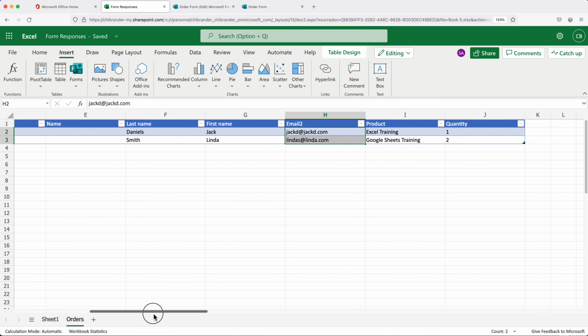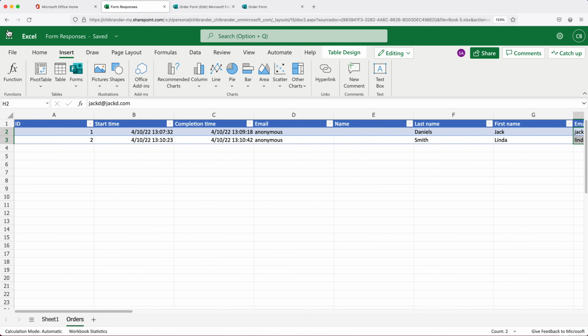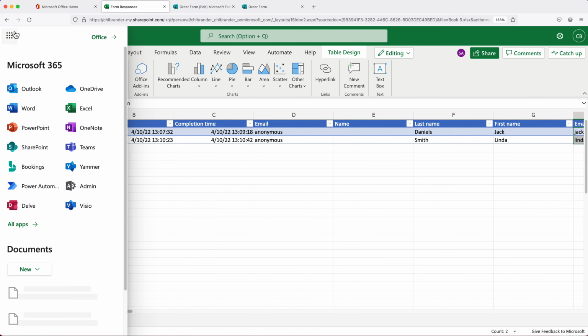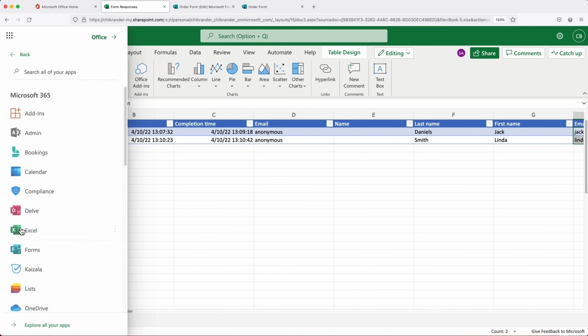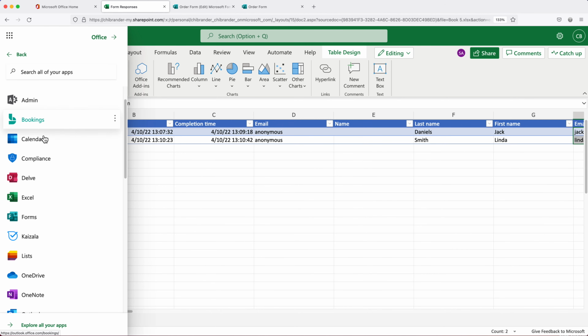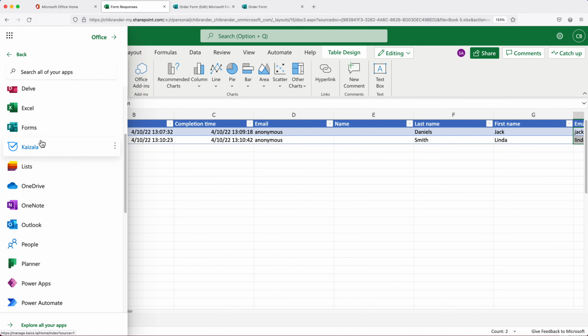So maybe we want that email to go to this email that was entered in the actual form itself. So the way we're going to do that, we'll go back to our app launcher all the way on top left here. See this little menu icon, whatever you want to call this. And you can see there's going to be this Microsoft 365 apps. Now you want to find the one that's called Power Automate. Now, if it's not here, you can go under All Apps